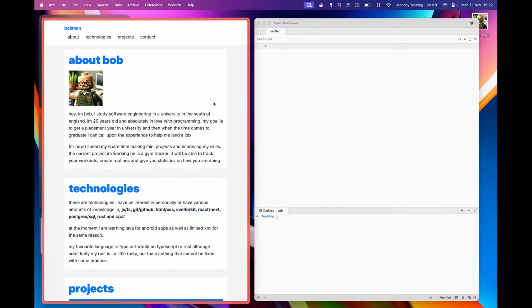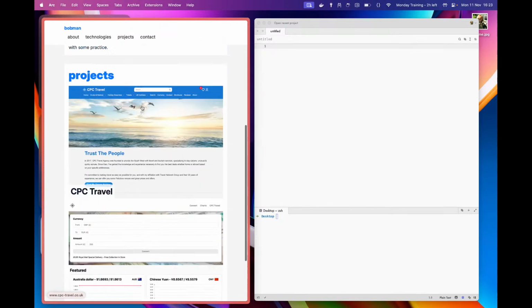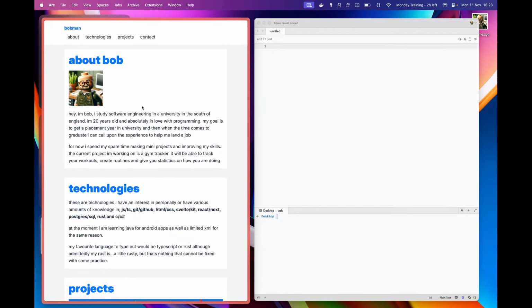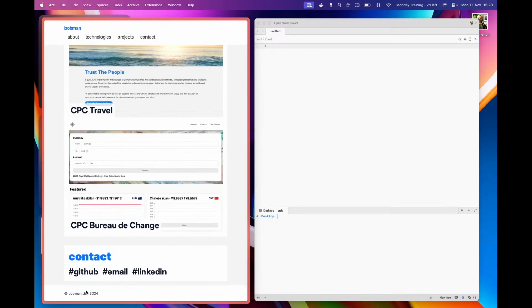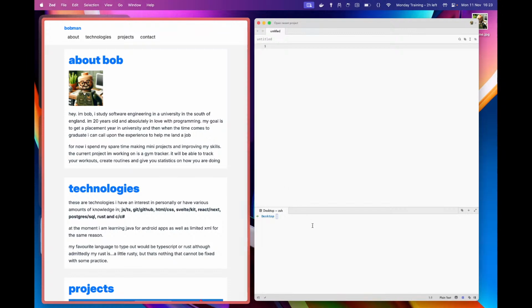Hello there, my name's Bob, and today we're going to be coding a very simple React portfolio with Tailwind CSS. As you can see on the left, here it is. It's a very simple, clean, modern portfolio with a couple of animations, a footer, contact links, project links, and a little bit about yourself. So to start off with this, we're going to go into the terminal and we're going